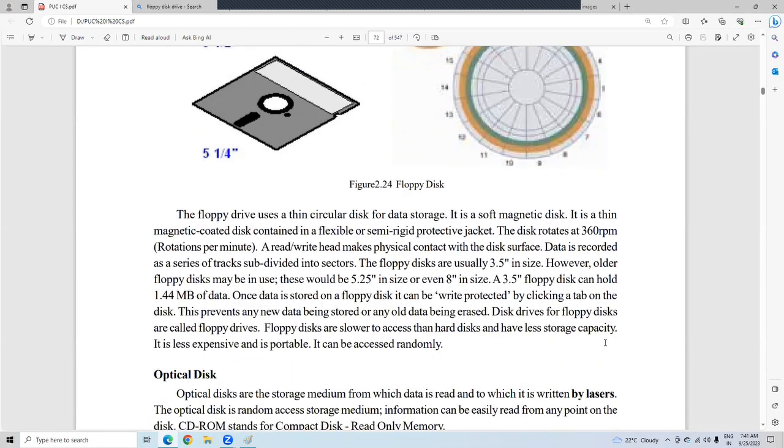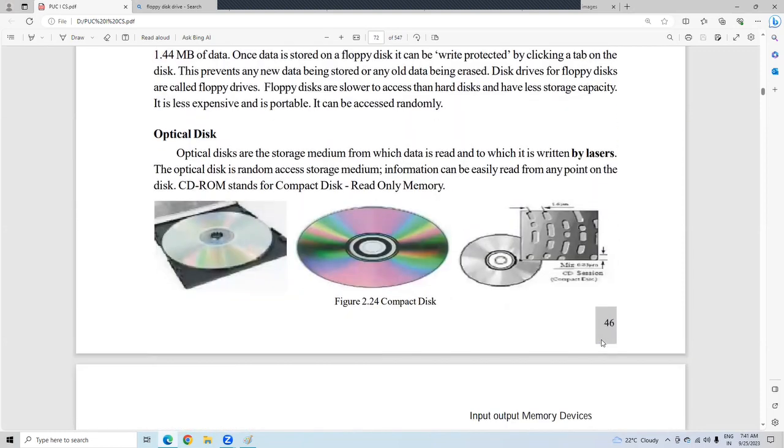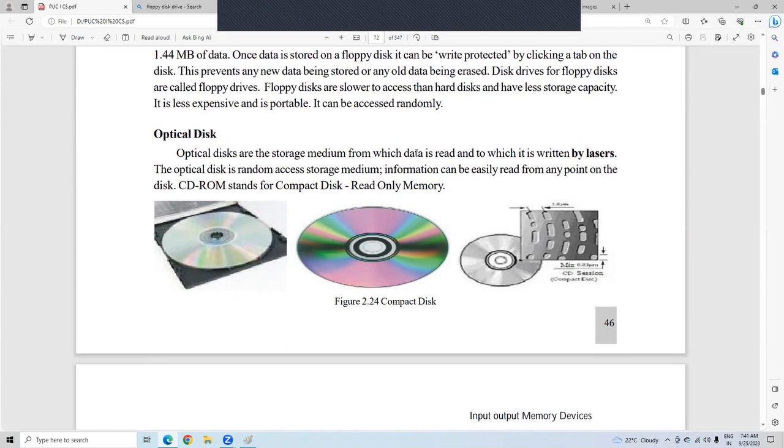So nowadays it is outdated because the capacity was very less, right, compared to today's requirement. And working speed is also very less. That's why it's outdated. Optical discs are the storage mediums for storing data, where the